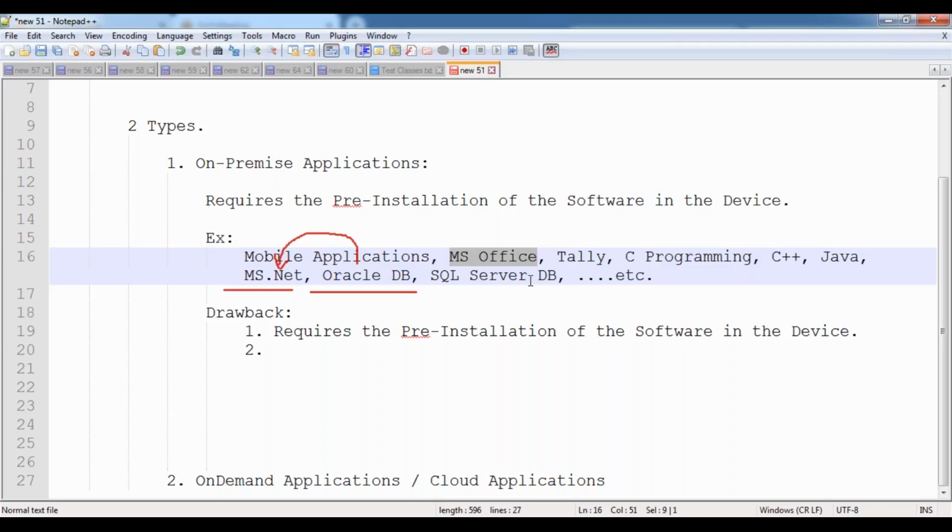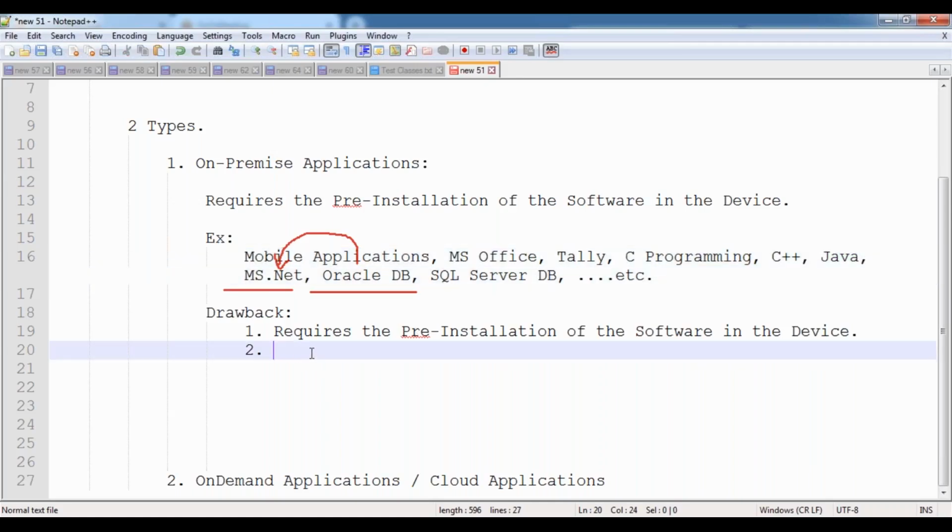If you want to install MS Office on a tab device, not all tabs will support installing it directly. Only those tab devices built on the Windows Phone platform will support it. That means upon installing this application, not all devices will support installation. For example, Java can be installed on your desktop and laptop. Java can't be installed on your mobile device. We can't install it inside our tab device. We can't install it inside your smartphone, because these softwares will not support installation on all devices.